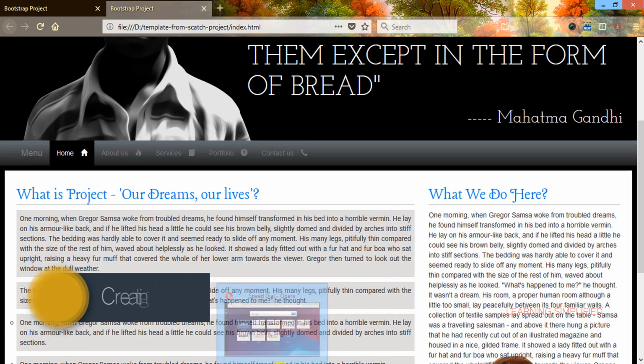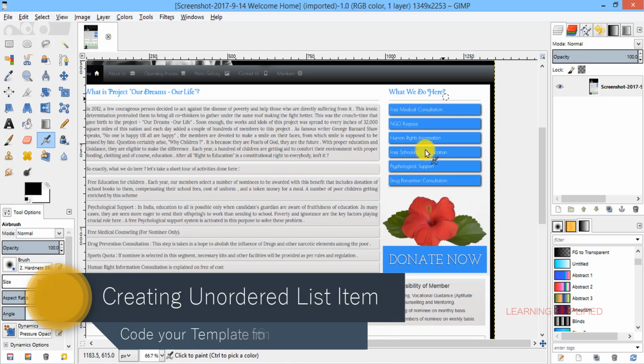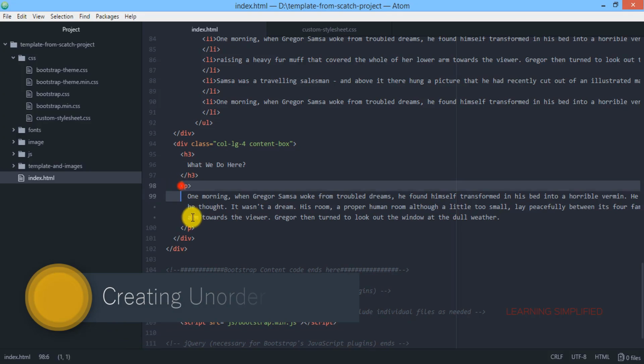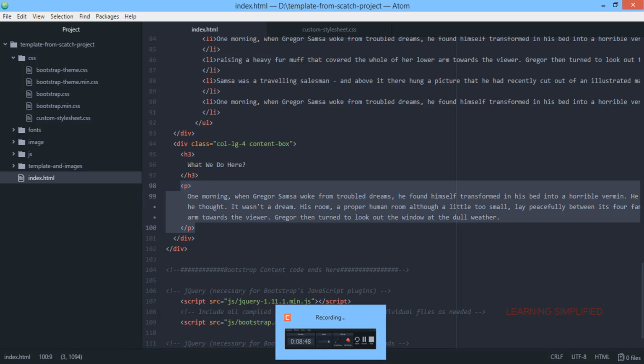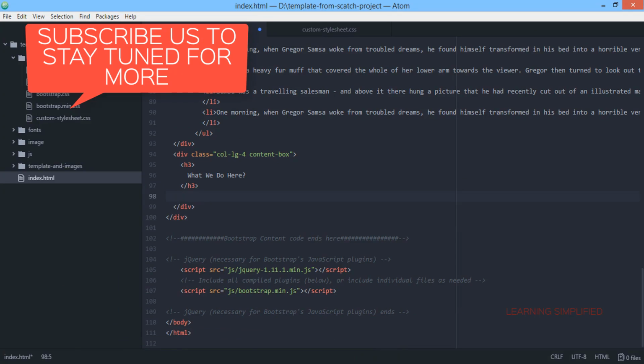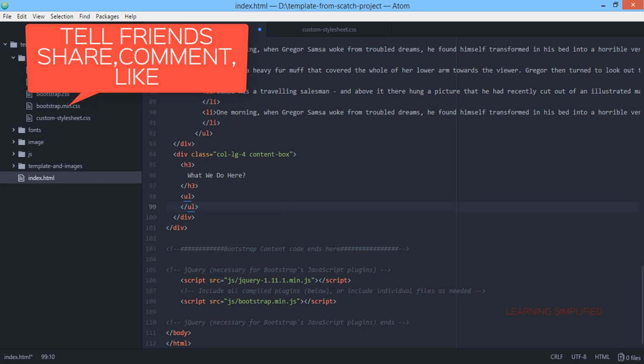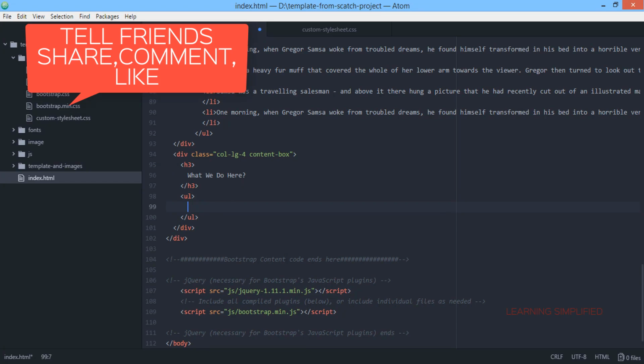Let's get back into our template. Now we need to create all these list items here. All we are doing now is taking it off and presenting another list item, an unordered list.